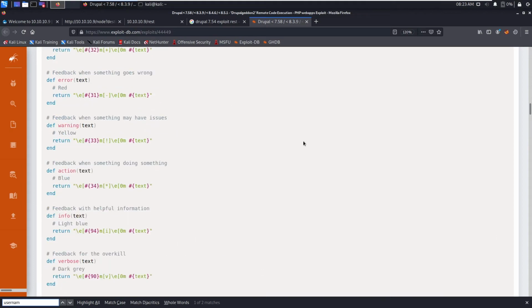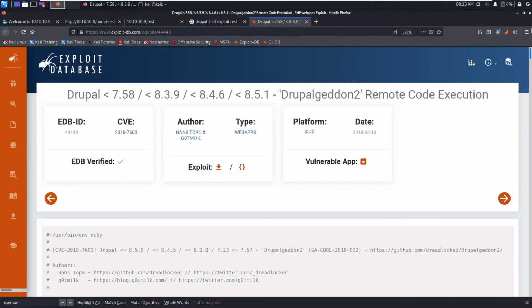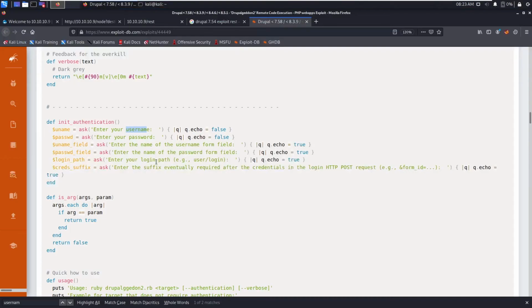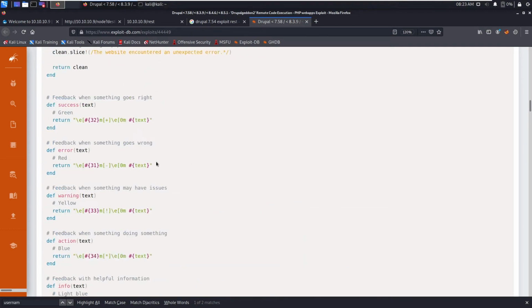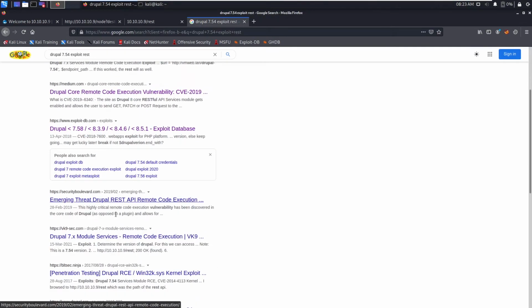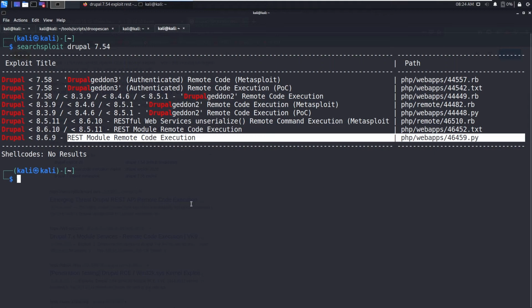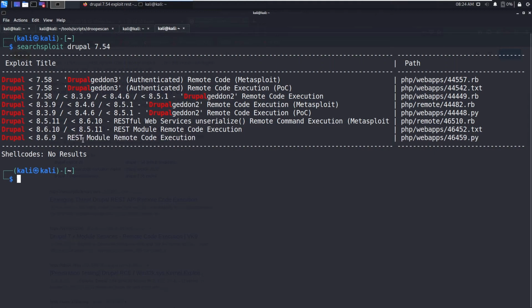What is the name of this exploit? Drupalgeddon RCE. Drupalgeddon RCE2 does not work for this because it requires some basic authentication. So this one, REST module RCE, should work, I think.